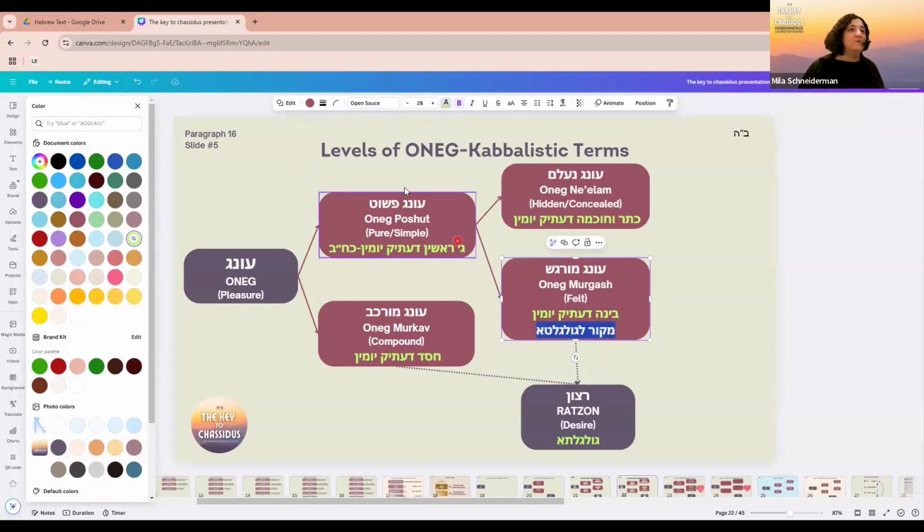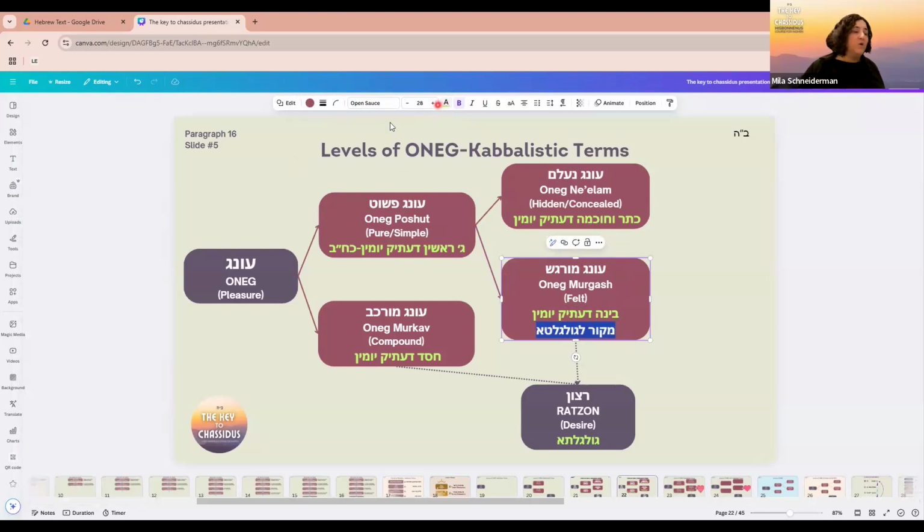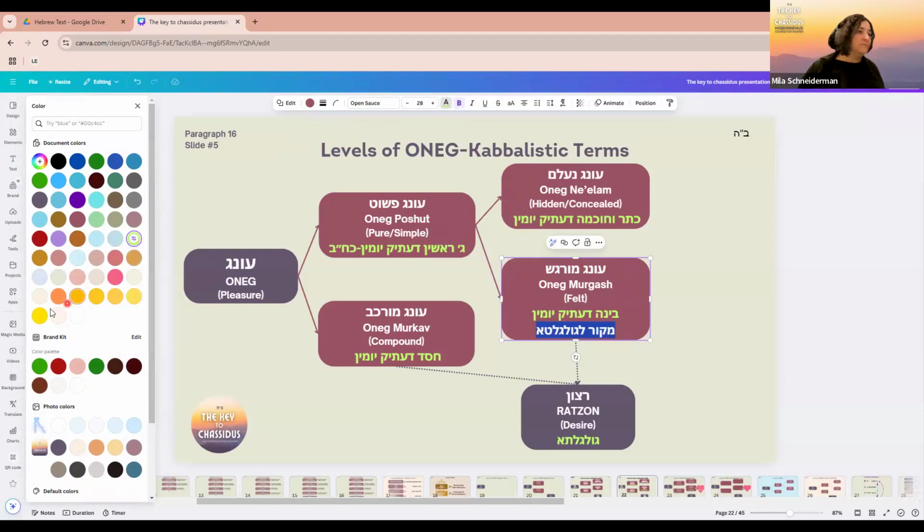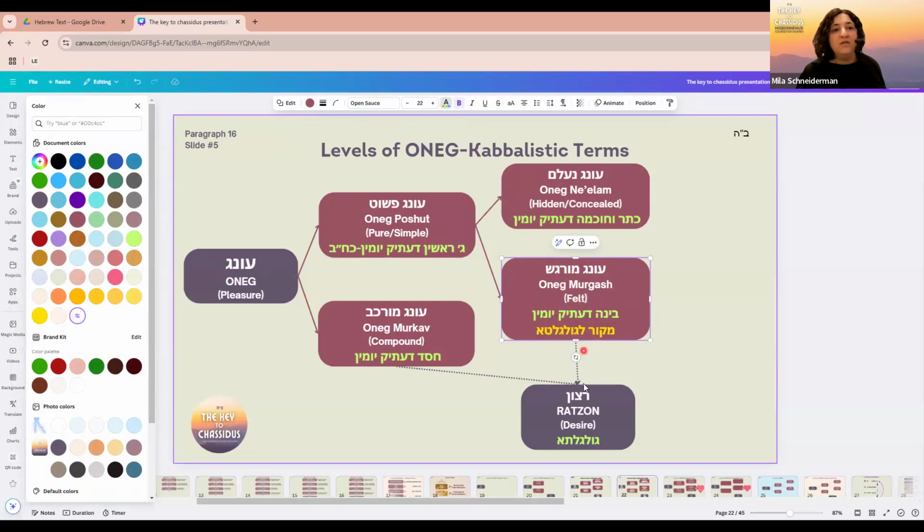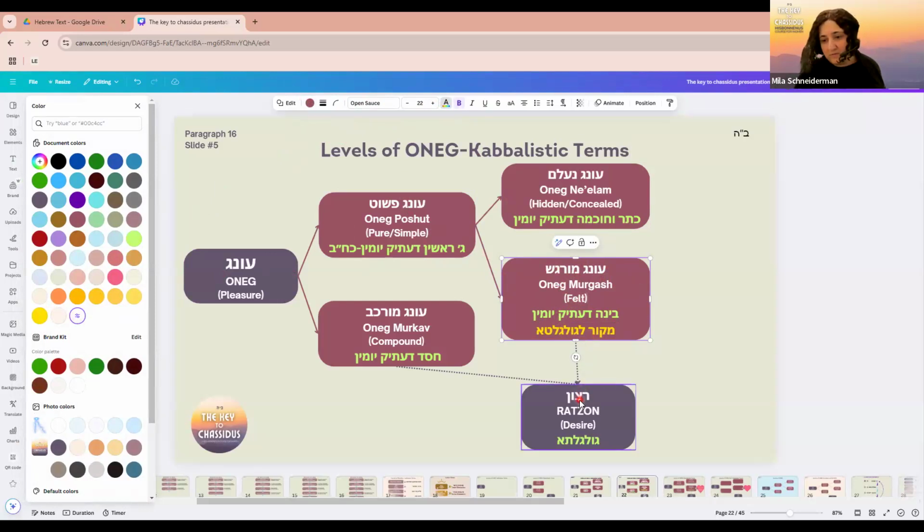Okay, so what does it mean it becomes the source for the Golgotha? Who knows when we use the word source? What's Golgotha? The same thing. Golgotha is Ratzon. It's your skull. We said that Golgotha is your Ratzon, and that's called in Kabbalistic terms Arich Anpin, a long face.